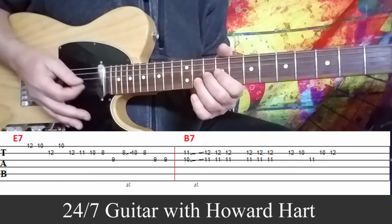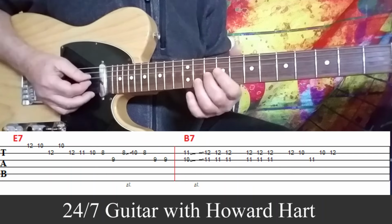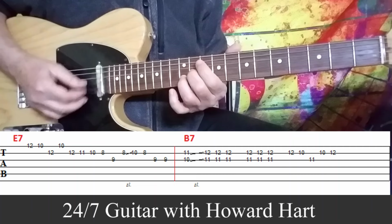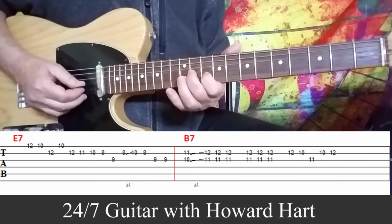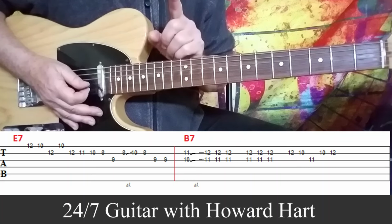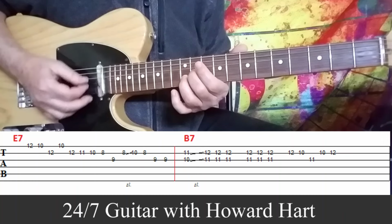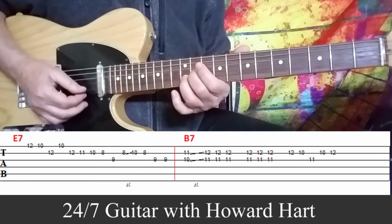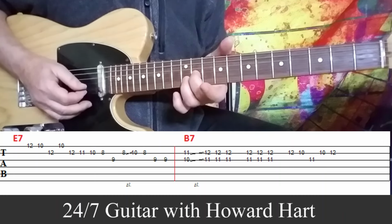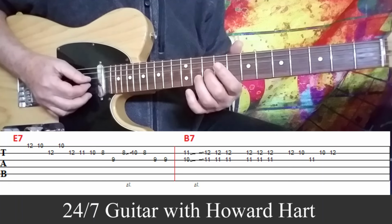So we want to play those two strings together in a rhythm. 1, 2, 3, 1, 2, 3. And how you count that is the slide counts as one note, right? The first note of the triplet. 1, 2, 3. 1, 2, 3. And then staying there, 1, 2, 3 again. 1, 2, 3. So we have,